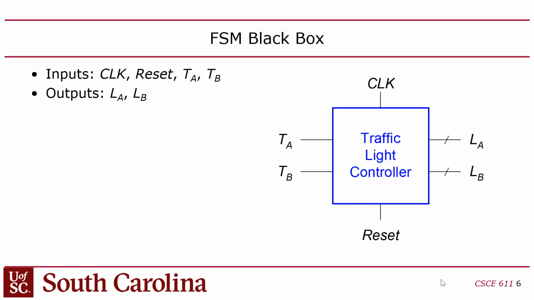And so the inputs here will be traffic A, traffic B, that's the sensor. The outputs are light A and light B, which are what color we want to make the light on that street. And then of course there's the clock and the reset. Typically you will have a reset that will be used to put the state machine into a reset state, a sanity state, right? Okay, so